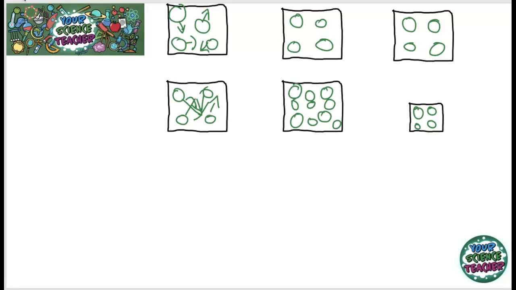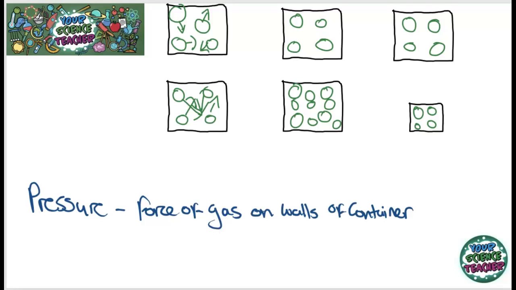Looking at gas in more detail, I said that gases occupy all the volume of a container that they are put in. This is because they move in all directions. Now, when they bounce into the walls of the container, they will put a pressure on it. The more collisions the particles have with the walls of the container, the more pressure there will be.